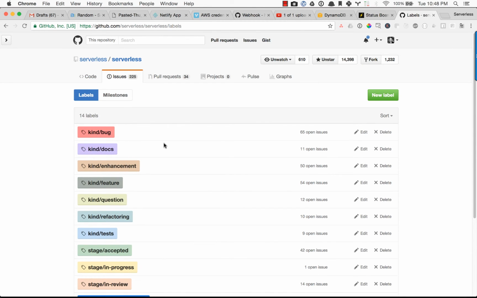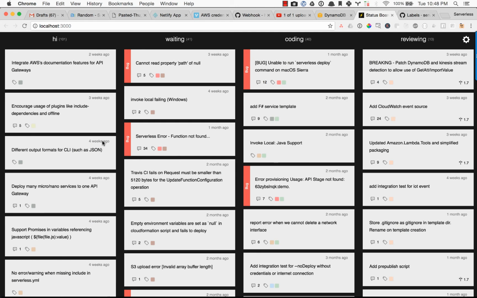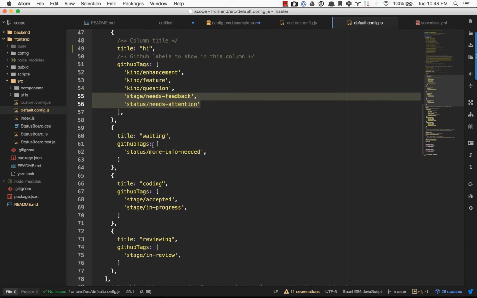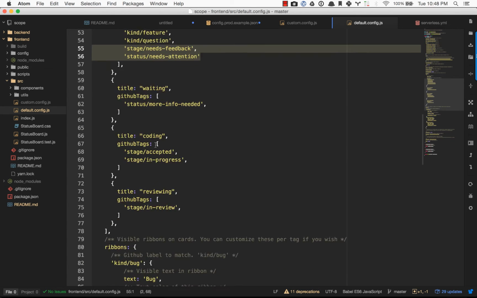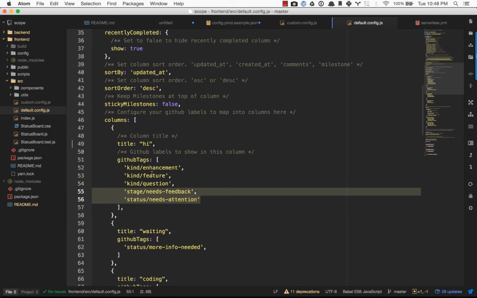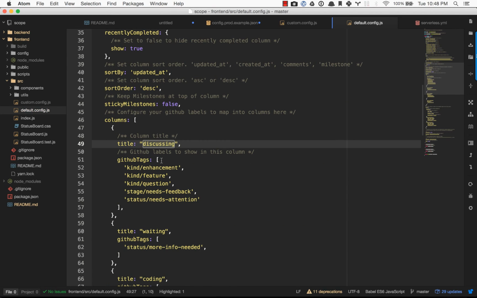And you might want to refactor them to use this project. Who knows? But yeah, that's basically how the labels are mapped to a particular column. So if I wanted to put all the bug reports into one column, I could do that. And there's no limit to how many columns that you want or how few that you want. That's all configurable here. So I'm going to rename that back to